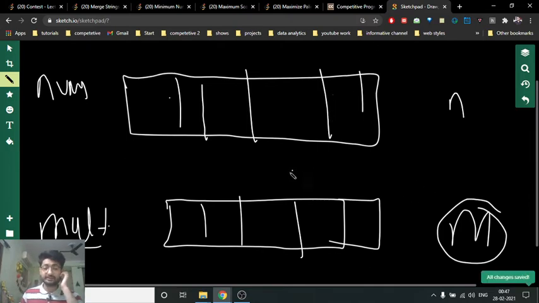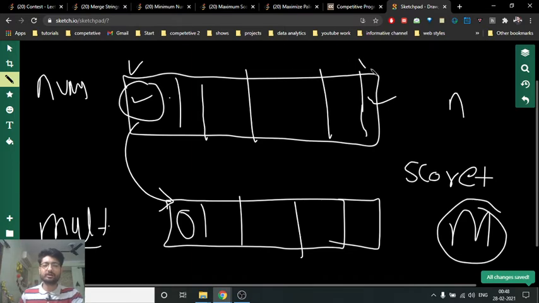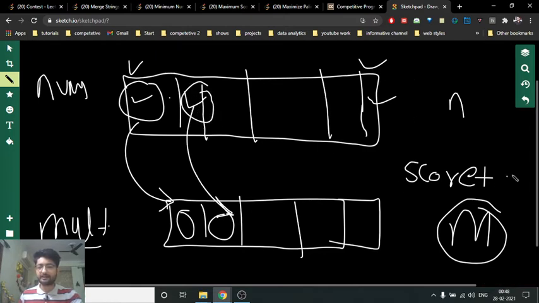Now what you actually do here is, in every step you take out the ith multiplier. So maybe it's the first step, so take out the first multiplier, and then take any number from the start or end of this nums, multiply it with the ith multiplier and add it to the score. Initially your score is 0. Then remove that number from the array, take out the next multiplier and another number from the remaining numbers, multiply that number with the multiplier, add it to the score, and so on.